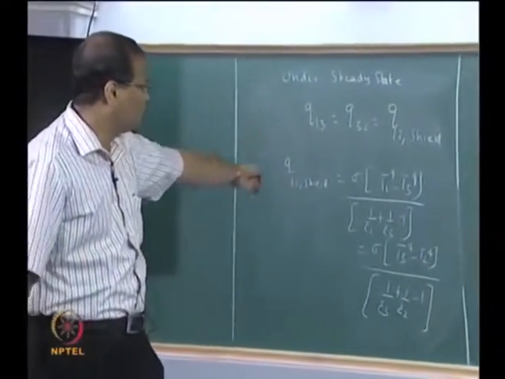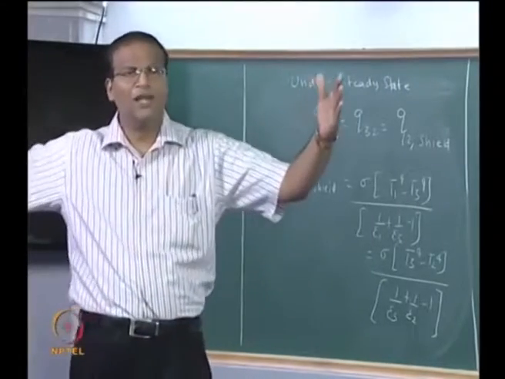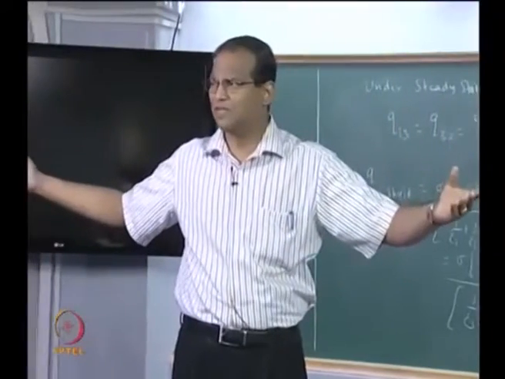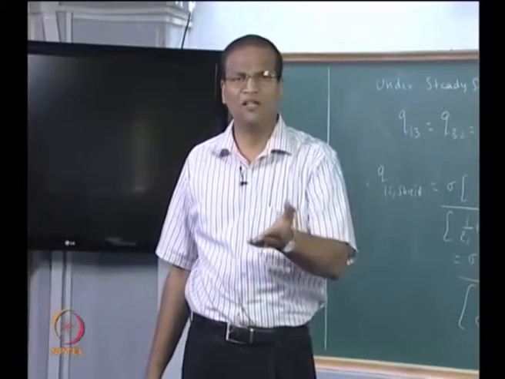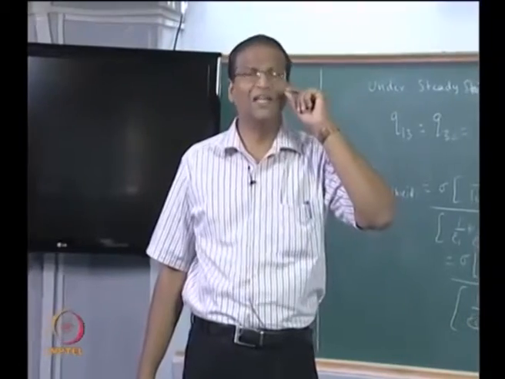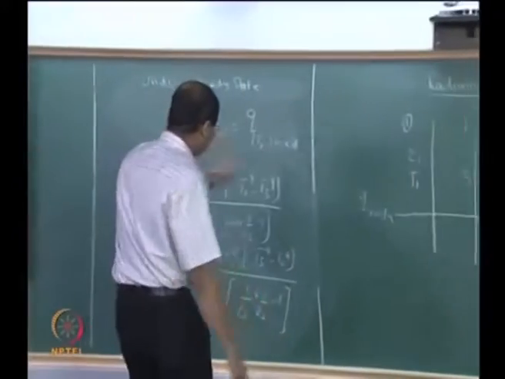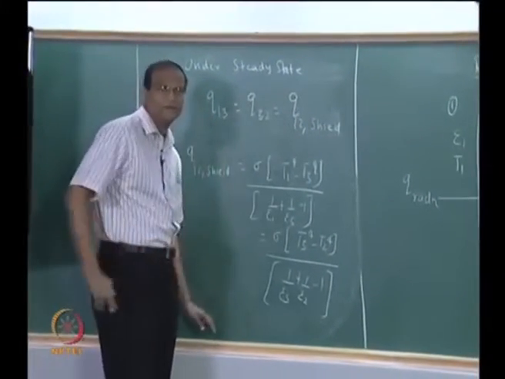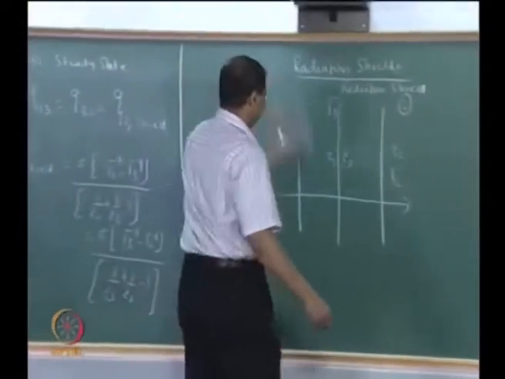I am not very happy with this formula. Which formula? This one. Because normally in engineering applications we are keeping 2 plates. It is easy for us to measure the temperature of the 2 plates. If I put some shield, why unnecessarily take the trouble of putting a thermocouple and measuring the temperature? So for all practical purposes we will treat T3 as unknown. So T3 has to be eliminated. I do not like T3, it is useless for me. With this expression I cannot calculate. Is the point clear? Okay.